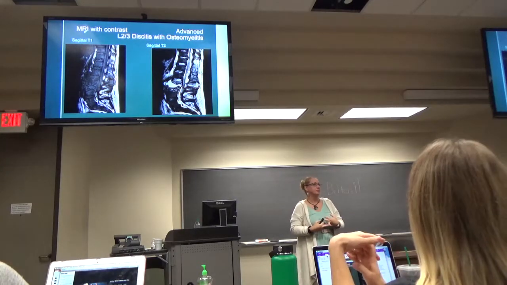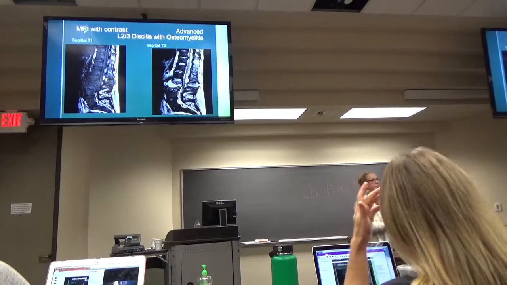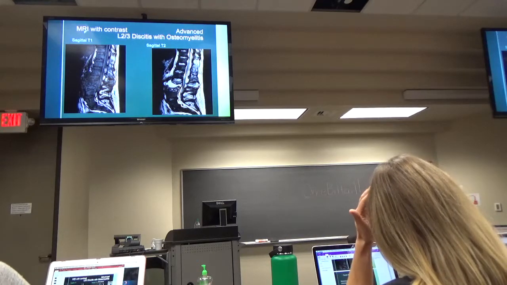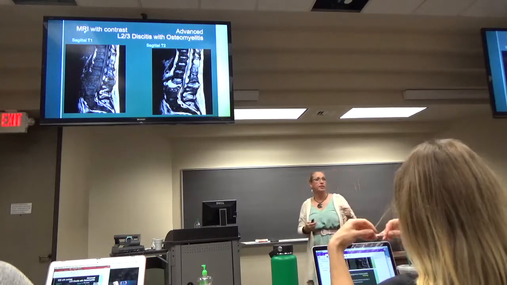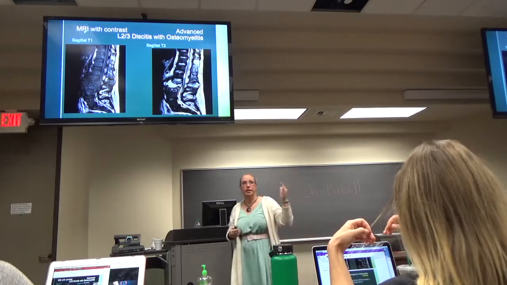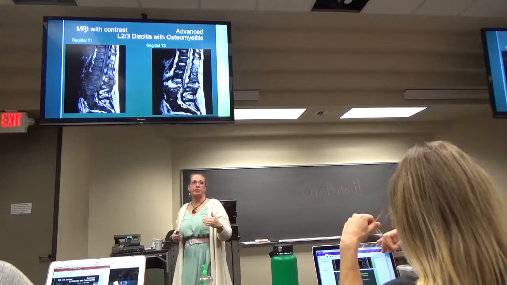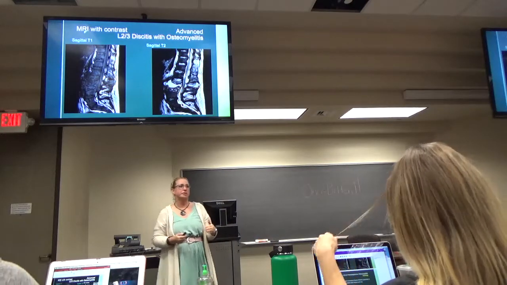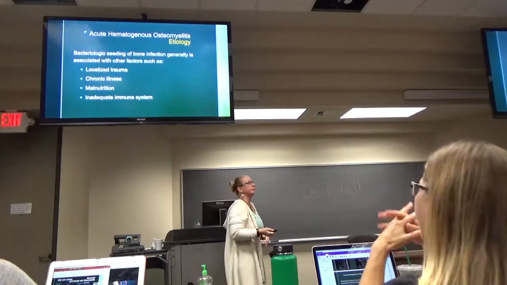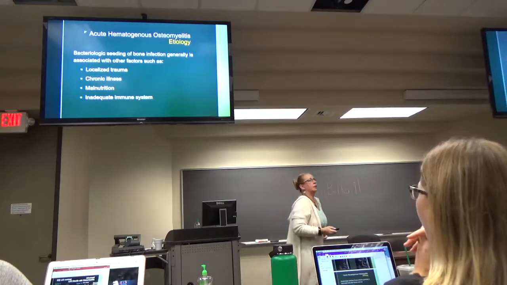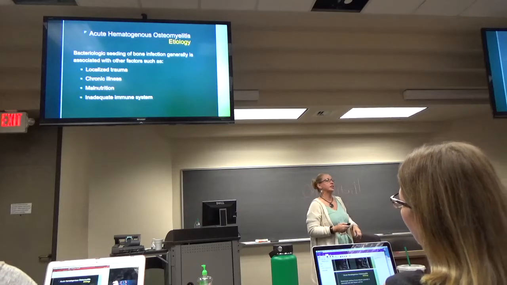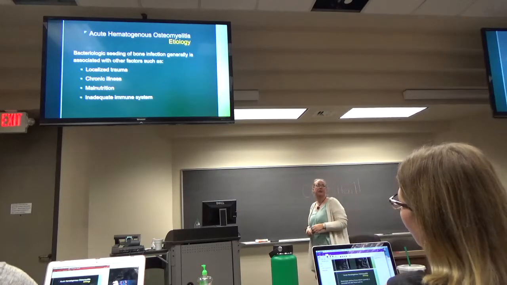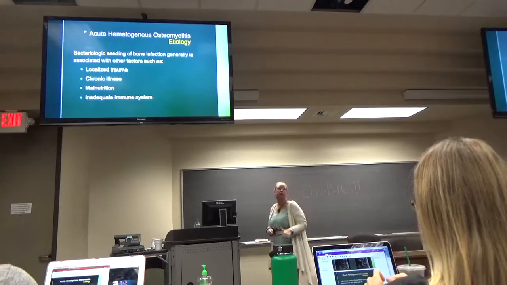And that, again, is done by interventional radiology. So they'll go in and take a chunk out of that disc and do cultures and sensitivity on that, and then you'll have your definitive. Obviously, for anything that's significant, you're going to have your empirical first treatment, and then you're going to go beyond that. All right. So, acute hematogenous osteomyelitis, the bacterial seeding of the bone, associated with factors such as localized trauma,